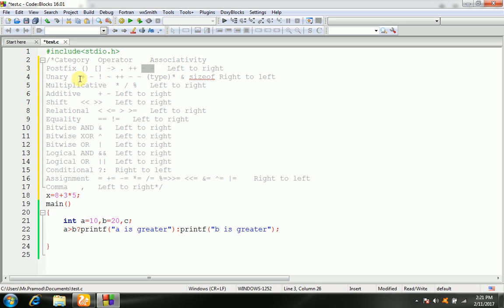Unary operators such as plus, minus, not, negation, increment, minus minus, type,